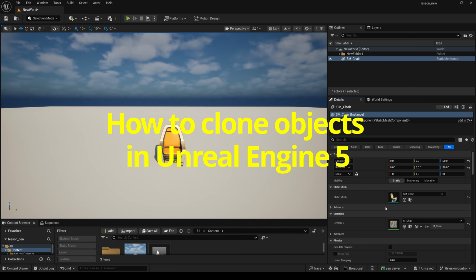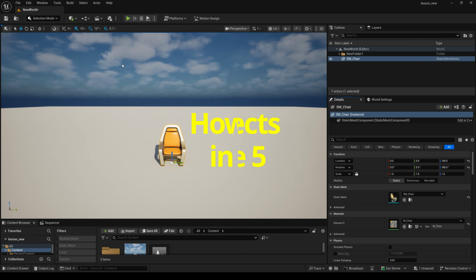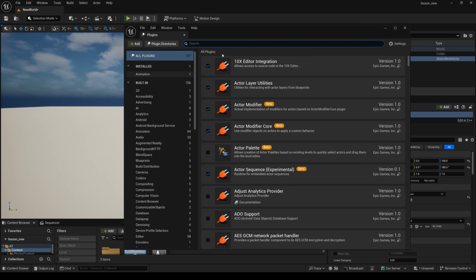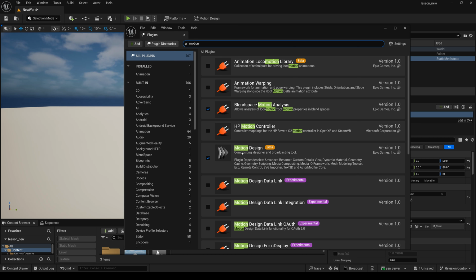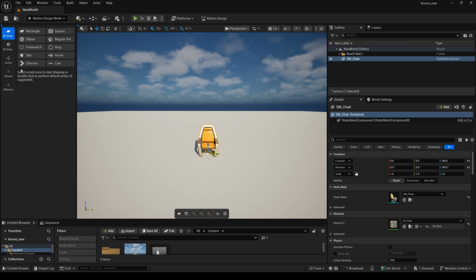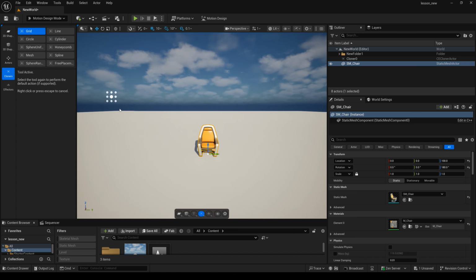How to clone objects in Unreal Engine 5. We enter the edit and select the plugins and type the motions, and we select the motion design, and I enter the motion design node and select the cloner, and here I select the grid and drag to here